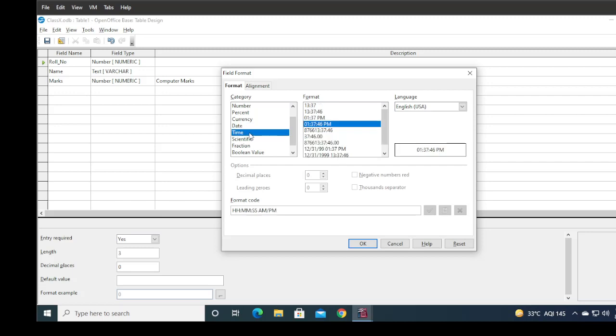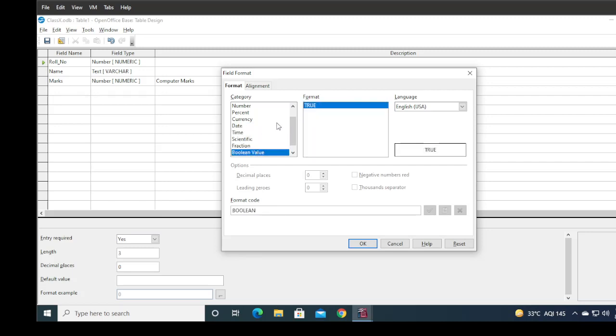Here the time format is there, scientific format, fraction, so many formats are there. This time we use the number and general format. You can click on any format from here, and when you input the value, it will be changed in this way. So I am choosing general, and then click OK.